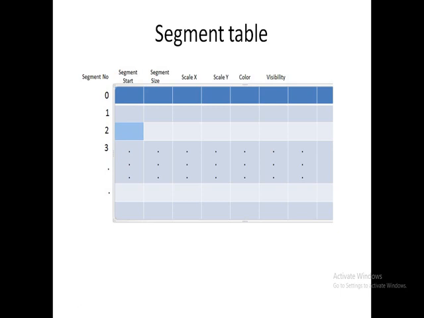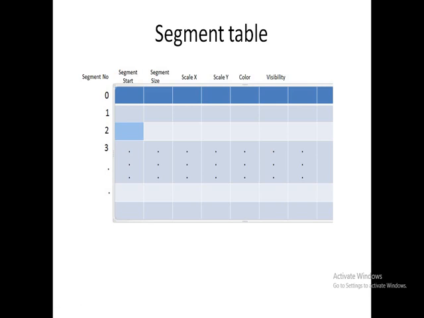If the visibility is on, the segment will be displayed. If the visibility is off, it will not be displayed. For example, let's take segment number 1. Segment number 1 will refer to the first named segment. If we wish not to show segment number 1, its visibility attribute value will be set to off. If we again wish not to show segment number 3, we will set its visibility entry to off and it will not be displayed.